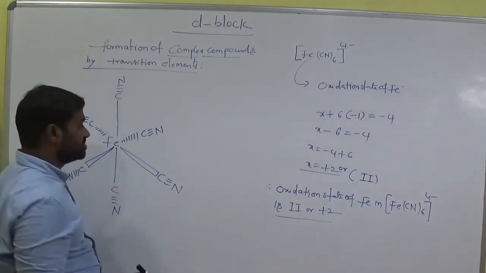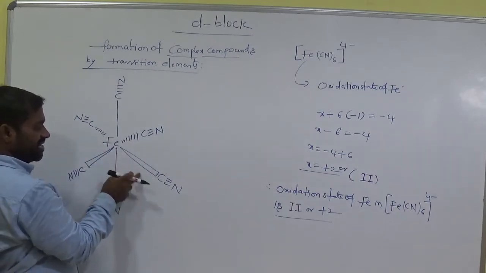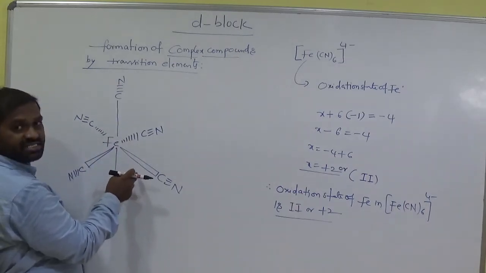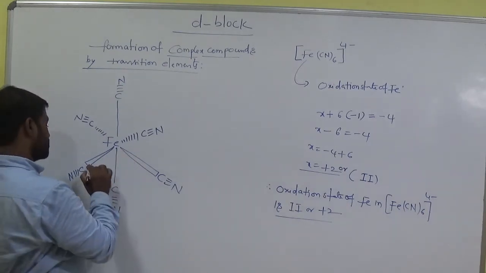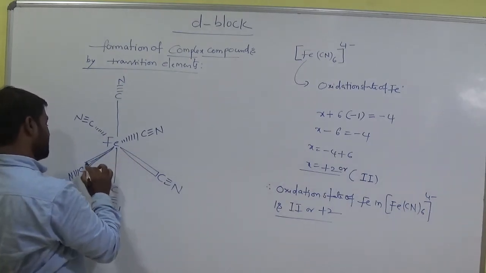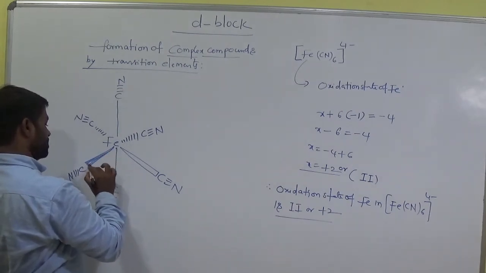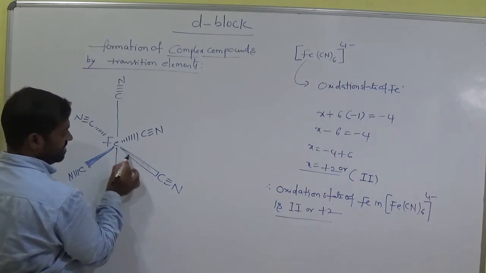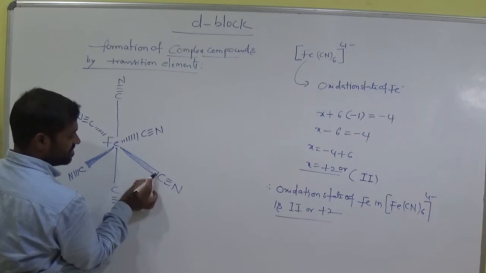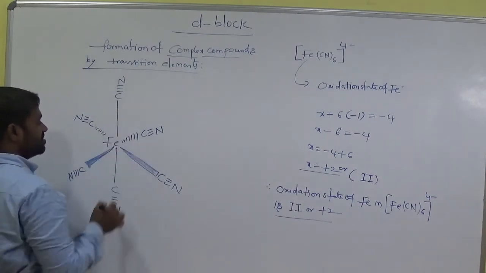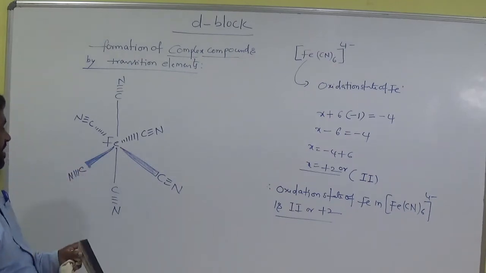You should observe these types of lines here. These are dotted lines. These are solid or thick lines, wedge lines we call them. We have a separate topic, we already did it in first year. So these thick lines represent wedge lines. This is the thick line on the surface. This is the dotted line. What is the meaning of this here?